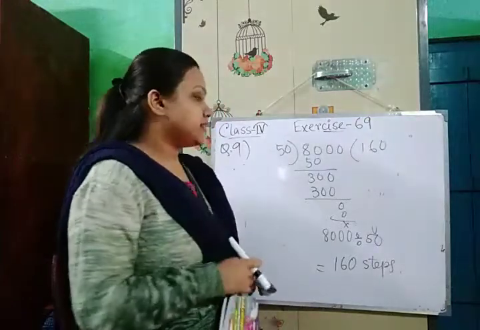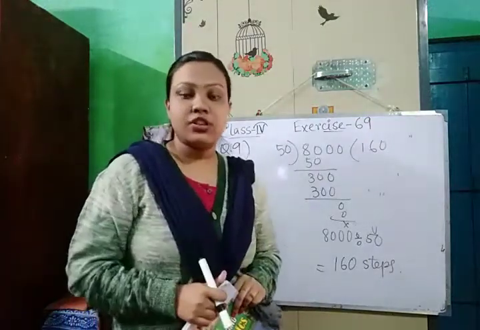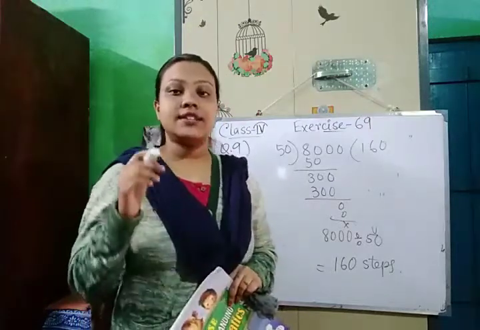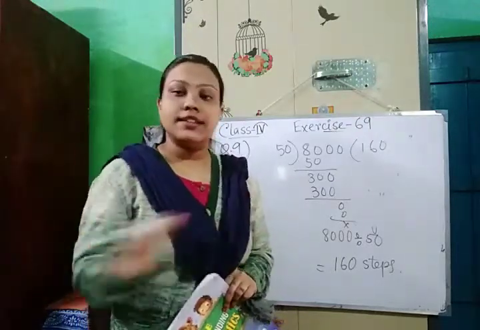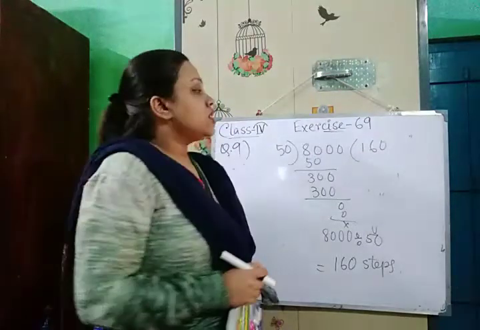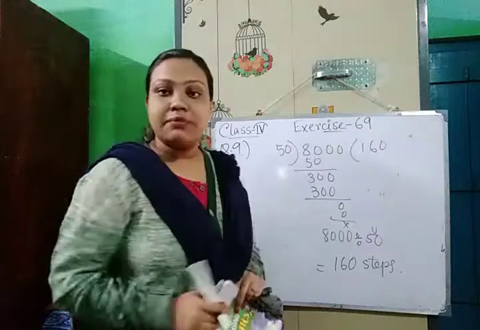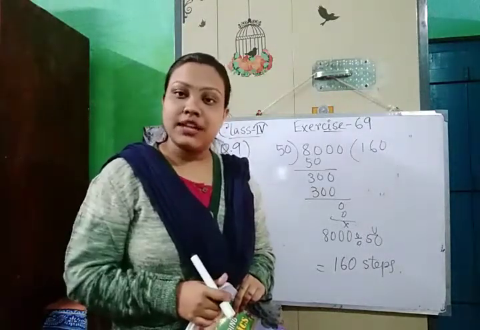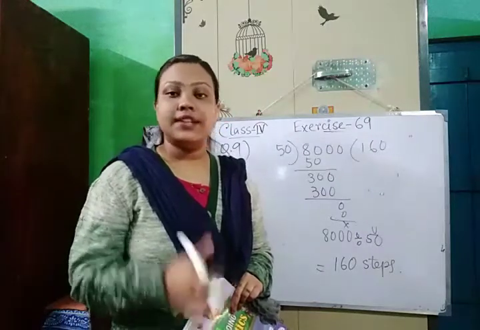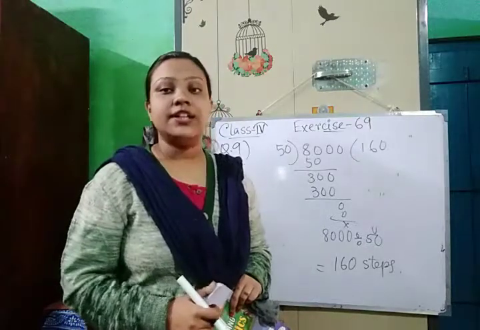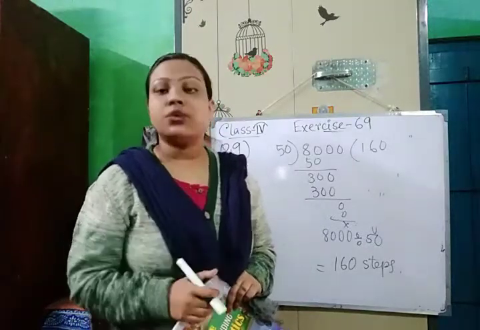This exercise is done and the chapter Geometry is also completed. Again I am repeating, exercise 68 and exercises 70 to 74 are excluded from your annual term syllabus. Okay. So that was the last chapter from our annual term syllabus. So start revising all the chapters once again. Practice all the sums very well, and if you find any difficulty or any confusion, then you can call me anytime.